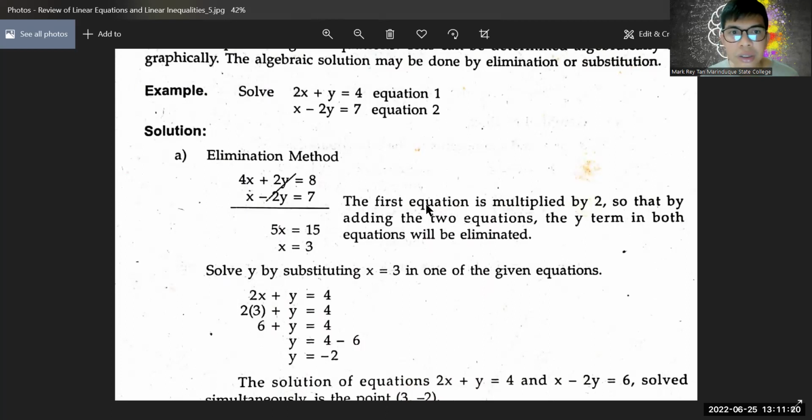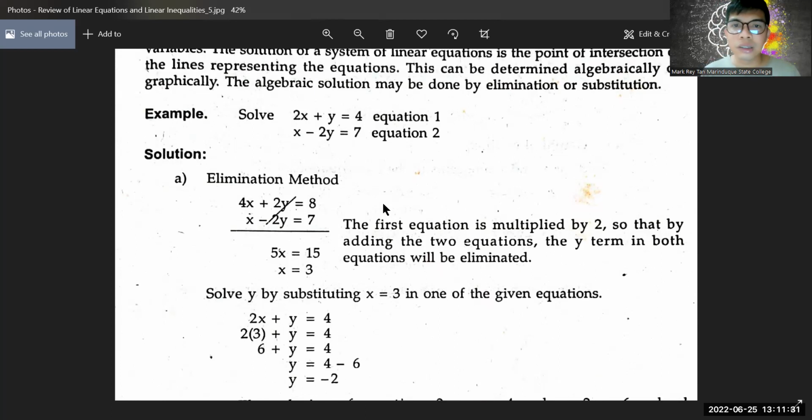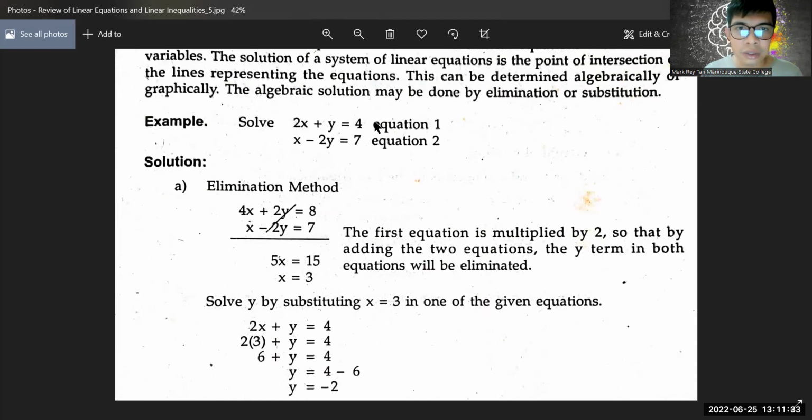The first equation is multiplied by 2, so that by adding the two equations, the y term in both equations will be eliminated. So let's go back to the original equations: 2x plus y equals 4, and x minus 2y equals 7. As you see, it can't be eliminated right away because the coefficients of our variables are different. So to do